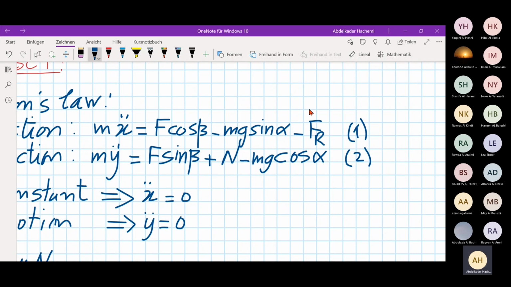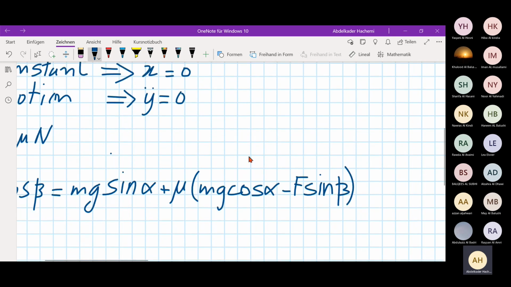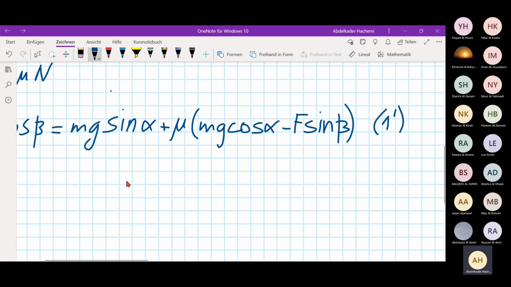We replace Fr by its value. But this is the expression here. Then we can develop and we get the following relation from this, equation 1 prime. Then if we develop here, we will get